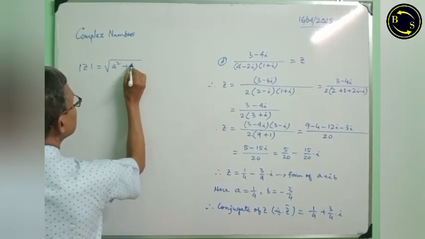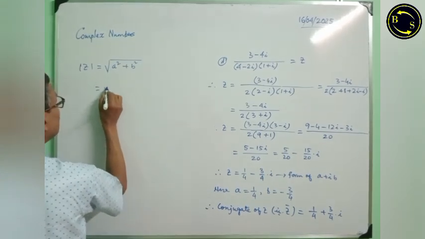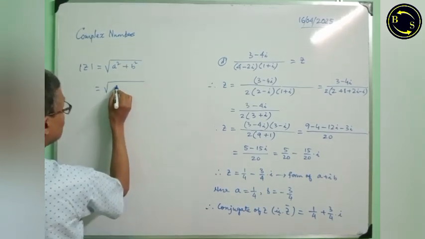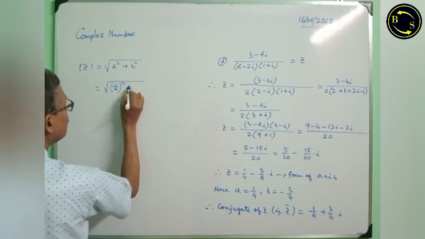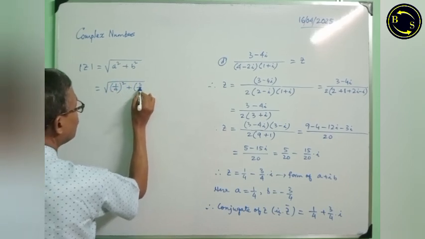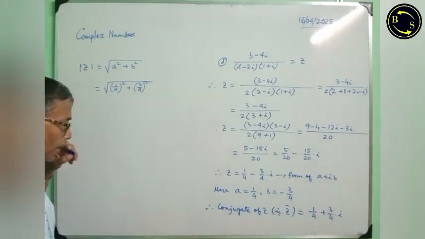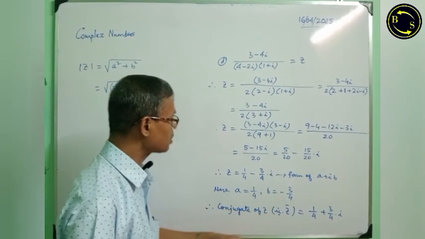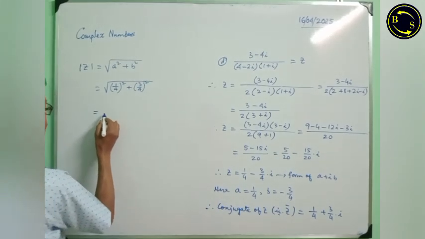You can write the original form, 1 by 4. Here I have ignored the minus sign as there is a square. Therefore, it will be